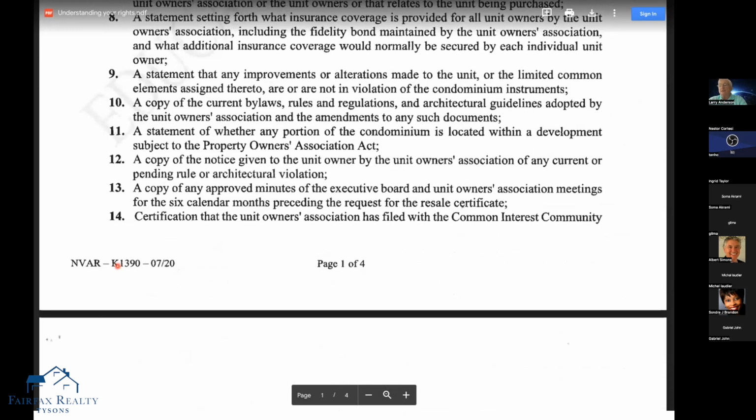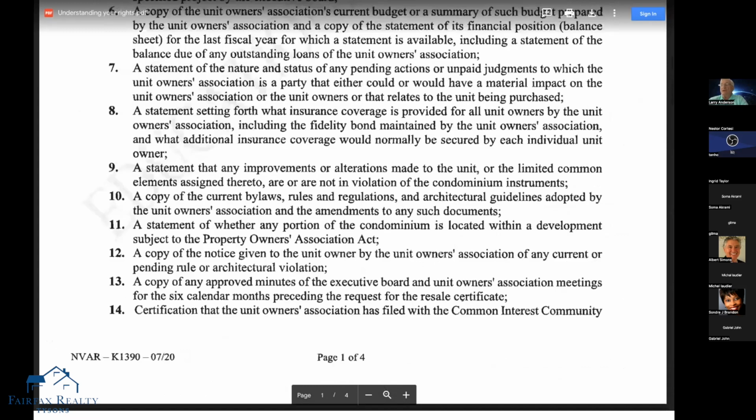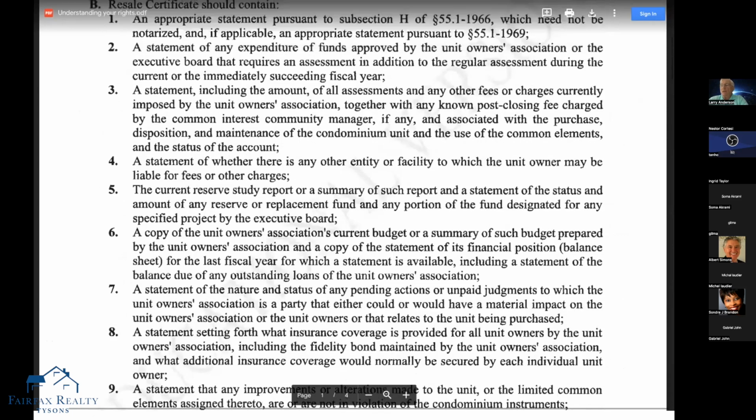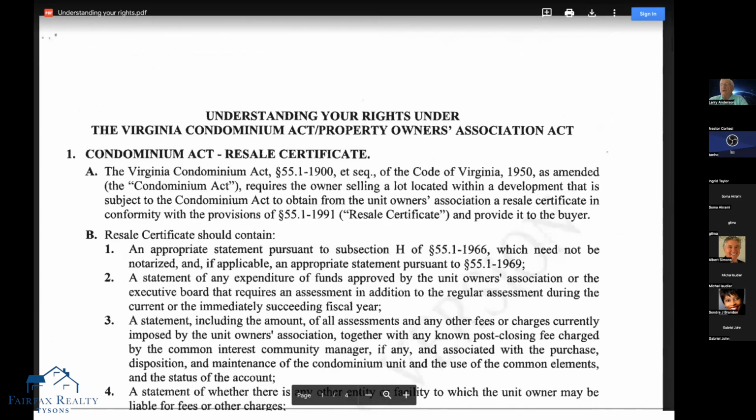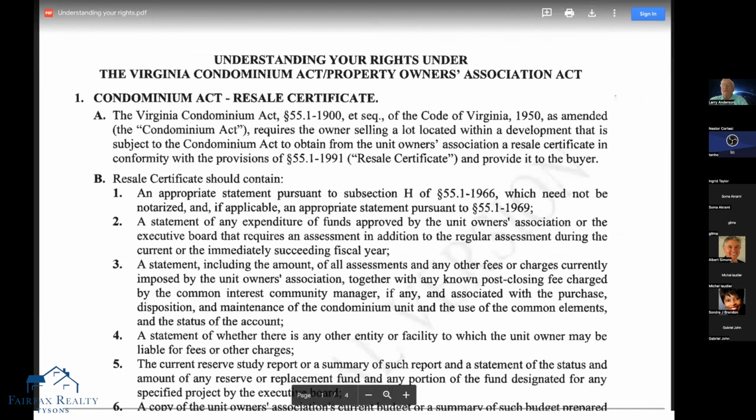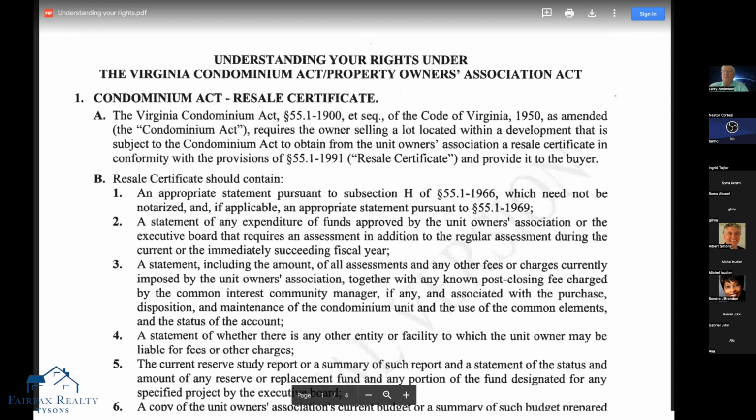K1390. NVAR form K1390. You can download it from NVAR. What happened with our contract is they pulled out of the sales contract anything that was an explanation of the law that's not required to be in the contract. So the POA and condo paragraph went from a page and a half each to just a half a page